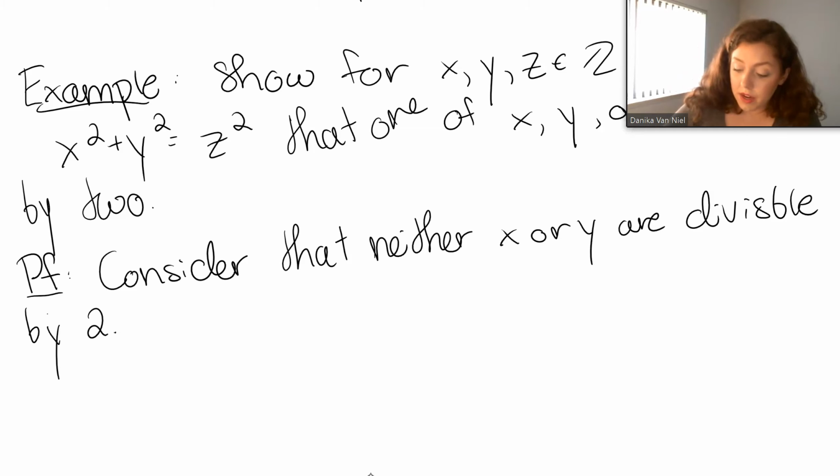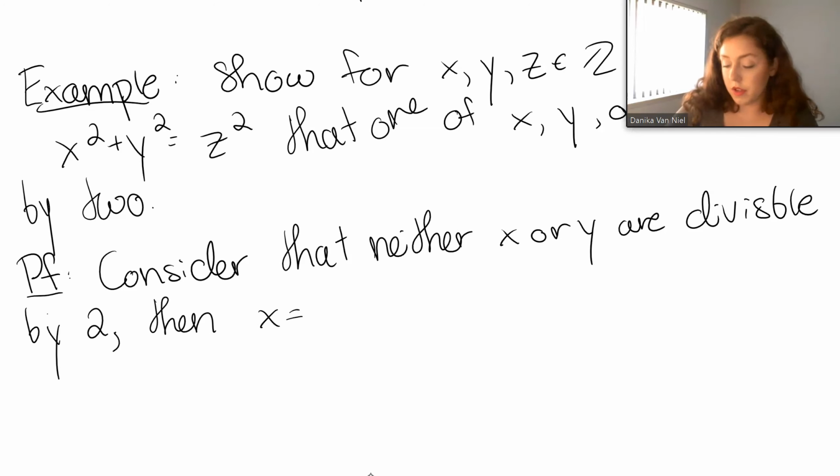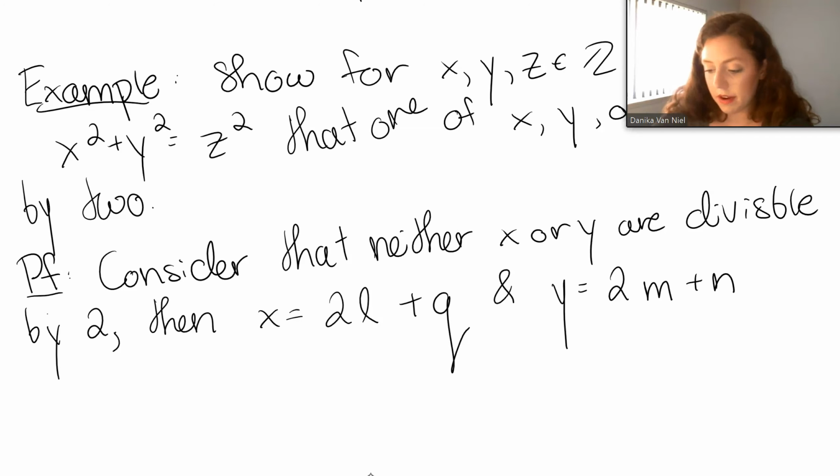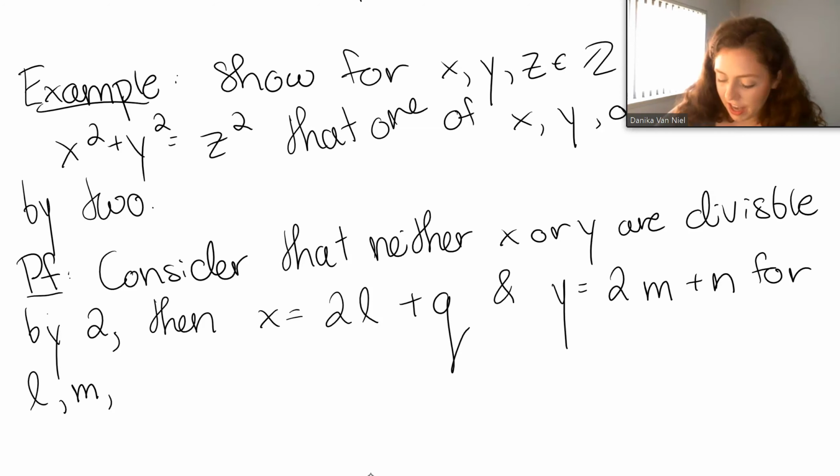Well, the other way to think about it is using our division lemma. Then x equals, say, 2l, because remember 2's our important number here, so that's our m. So 2l plus q, and y equals 2m plus n. The letters don't really matter, as long as you don't repeat them in the same proof. For l, m, n, q in the integers,